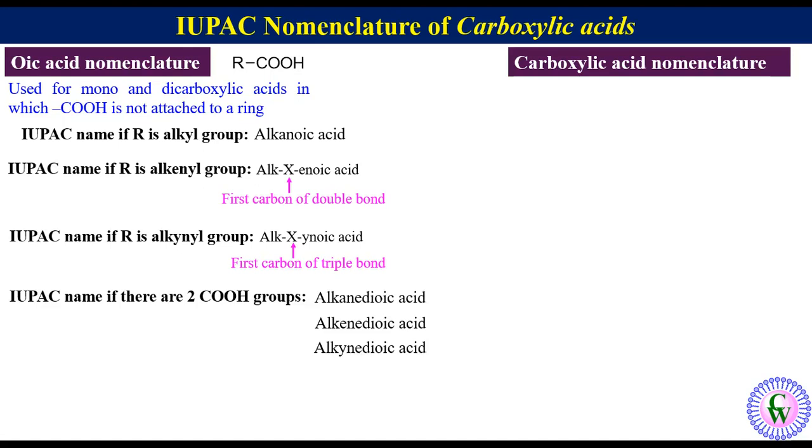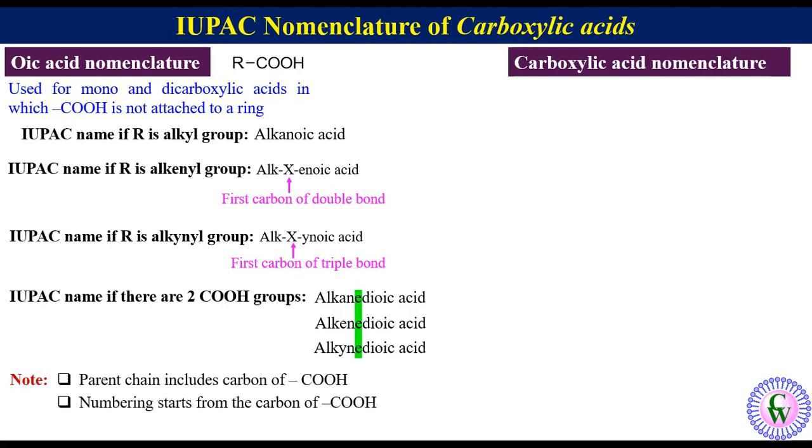One thing which I would like to highlight here is that in the case of dicarboxylic acid, parent chain name includes alphabet E. Please also note that in oic acid nomenclature, parent chain includes carboxylic carbon and numbering starts from the carboxylic acid